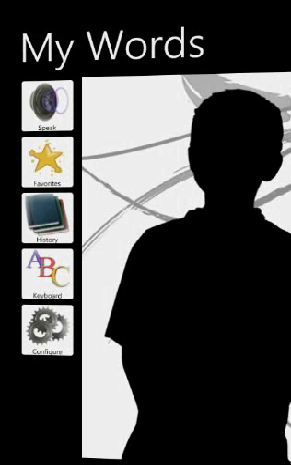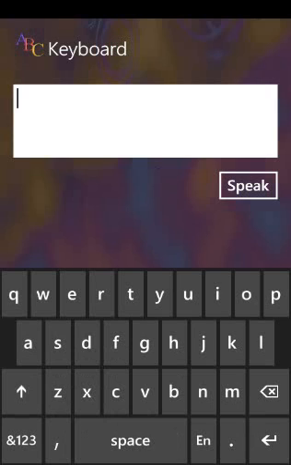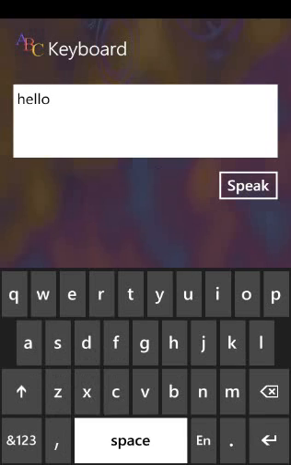In case there are things that need to be said that are not already added into the MyWords data store, there's a keyboard page that the user can use. At this page, we can enter anything that we like. So, say we want to say, hello,